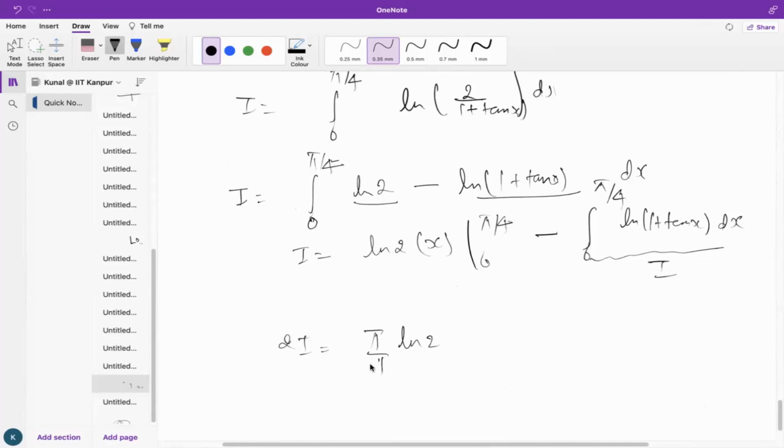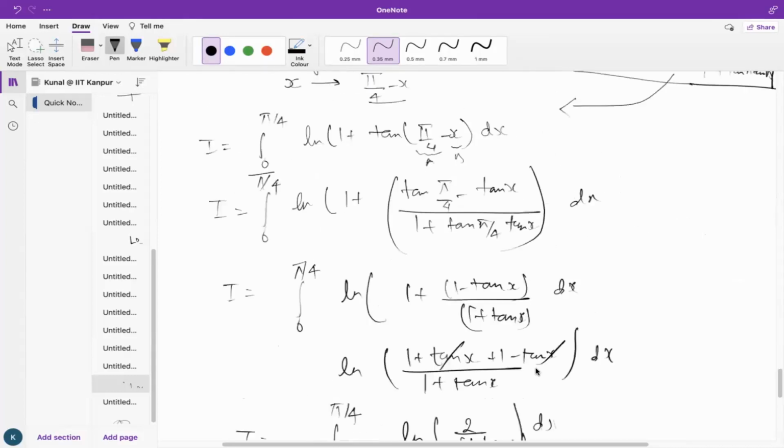So we get pi by 4. So our I is pi by 8 ln 2. This is the problem that you have to solve. I hope you'll all understand this. We have to apply some trigonometric formula here, like tan of a minus b and just applying the King's rule,